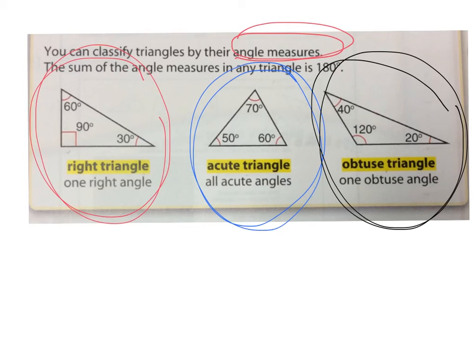3. And if I do 90 plus 90, that uses up all the degrees already before I can have another angle, right? Okay, so turn to your neighbor and tell them the 3 ways to classify based on the lengths of the sides. Equilateral, right